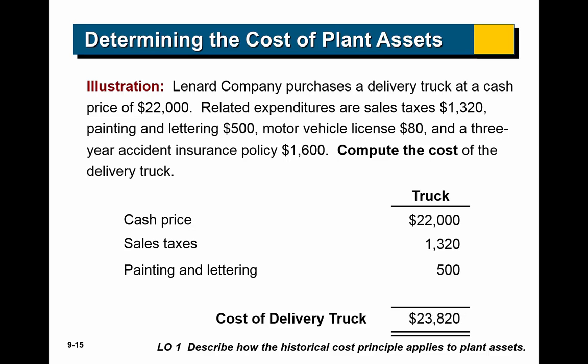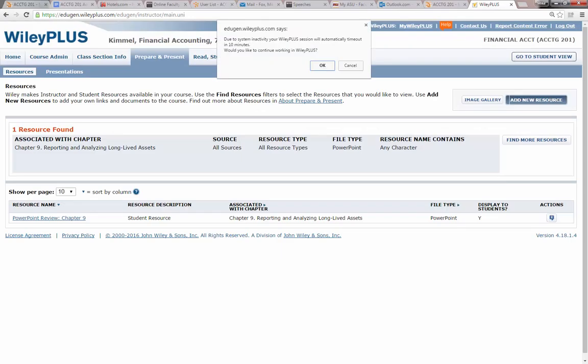But we won't include the license or the insurance policy, because the license is only for a year, so that will be an expense of this current period, and then we'll have to pay a new licensing fee probably next year as part of our registration. And the insurance is also an expense of the current period. So remember, what we're trying to do when we value the cost of an asset is figure out how much of this cost should we be spreading out over the asset's whole useful life, as opposed to,